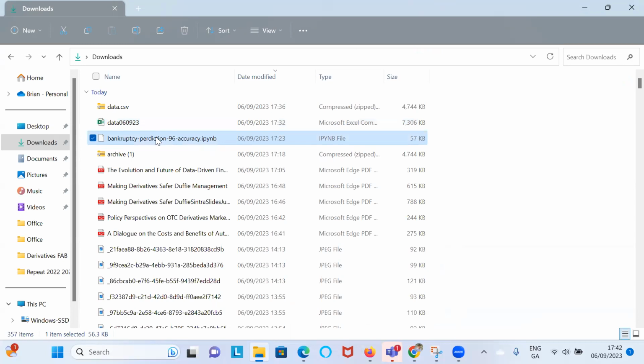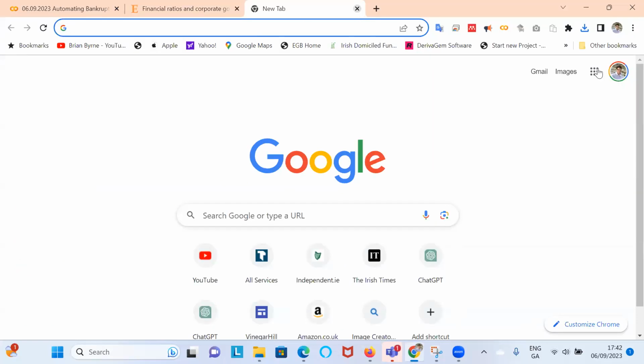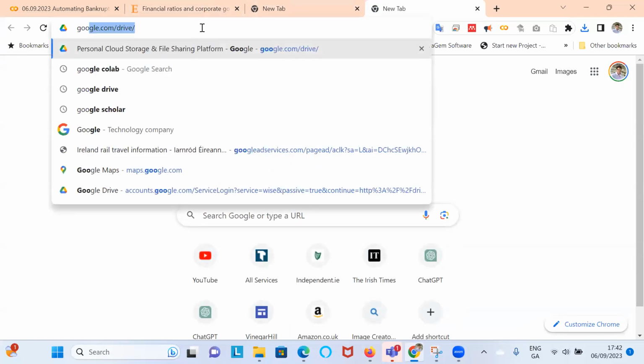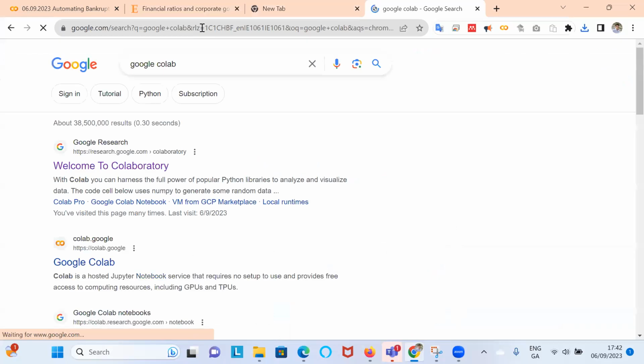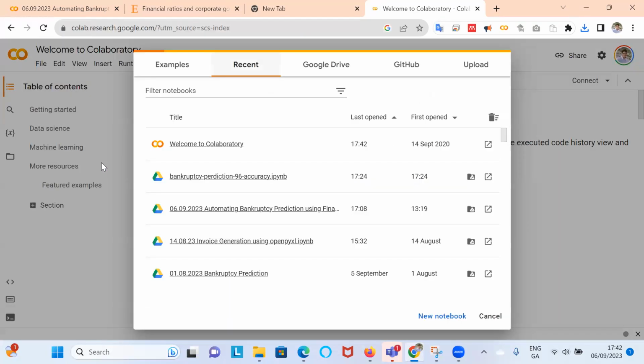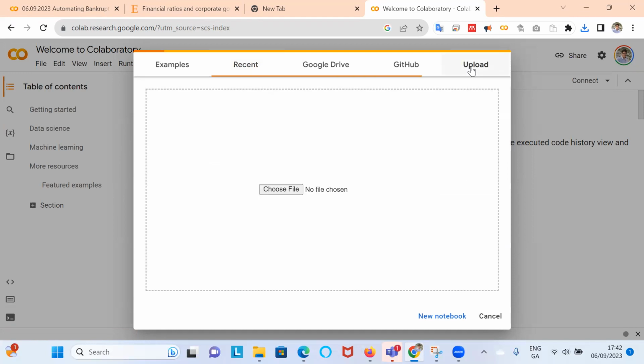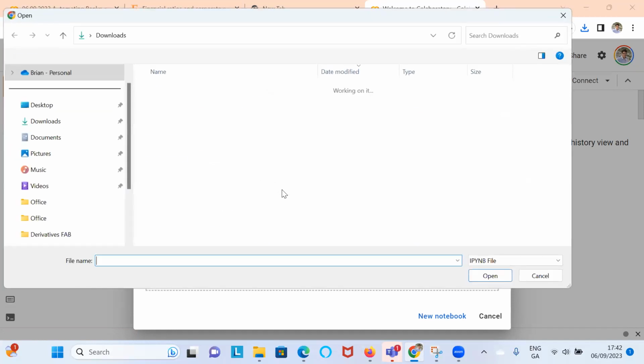So if I want to open that up in my own Google Colab, I go back. Now I'm signed in to my account here. So I go into Google Drive, Google Colab in the browser. Let's open up, come down to Welcome to Colaboratory. And then if I want to upload a specific .ipynb file, go to upload and then choose the file.